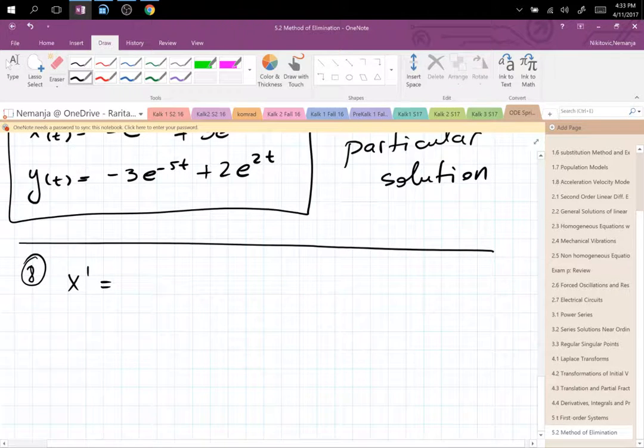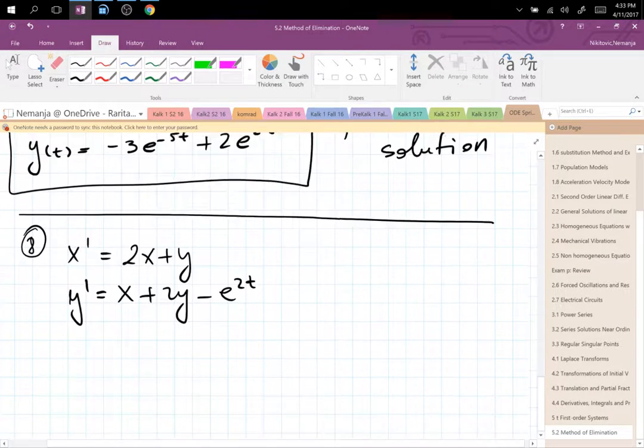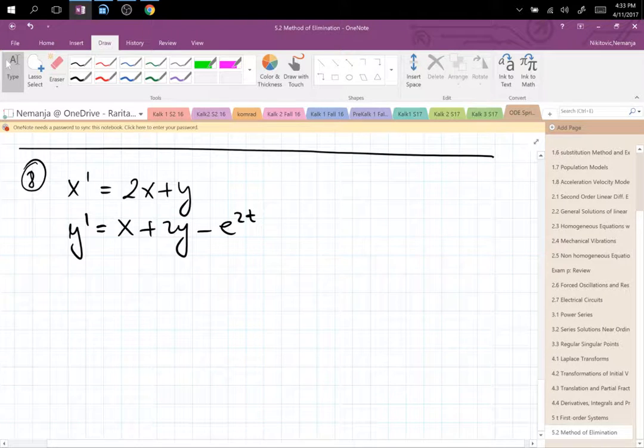x prime is equal to 2x plus y, and y prime is equal to x plus 2y minus e to the 2t. Yeah, they don't give us initial conditions. Lame. But that's okay. All right, so now we're looking at this problem, and to start it off,